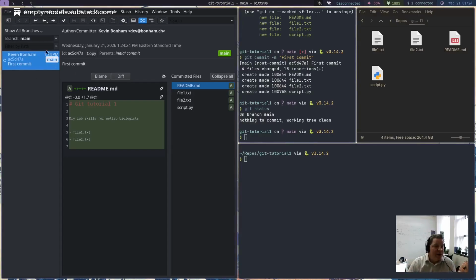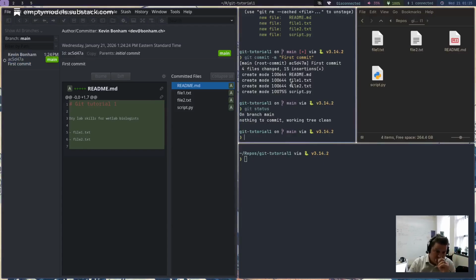The other thing you'll see over here now is that I now have this first commit that is tracked. So one of the nice things about having a graphical user interface is it's going to show us the tree of all of the changes that we're making. We'll get into that in a future video. So let's come back here and say, okay,